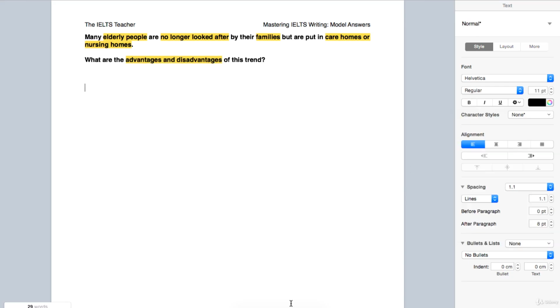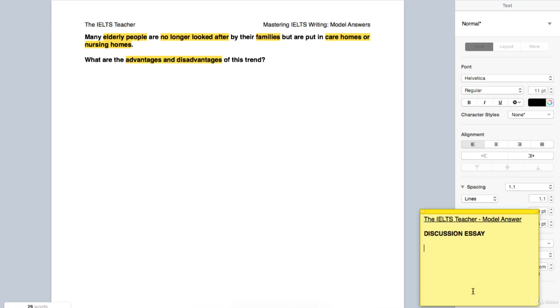Okay, so step 1, step 2, both completed. Step 3, as always, is to write a plan. So now we can consider what we're going to write for our plan. And just like last time, advantages in the first paragraph, disadvantages in the second paragraph, and we're going to set it up quite similar to last time. So I wonder if you can think back and recall the way that we set up our paragraph in the previous essay. We started with our first point, our first advantage.